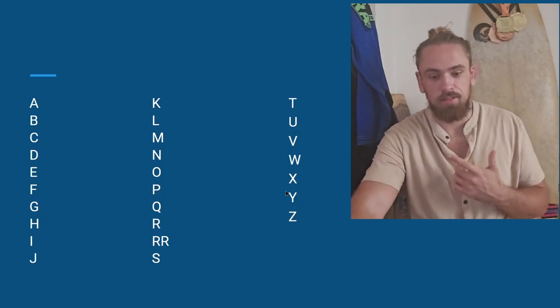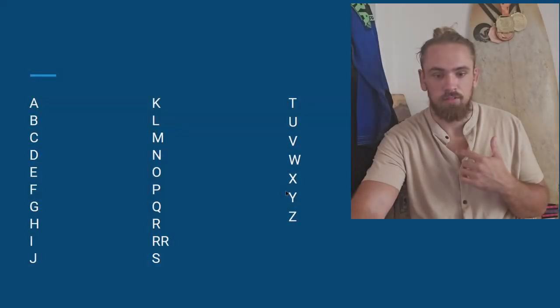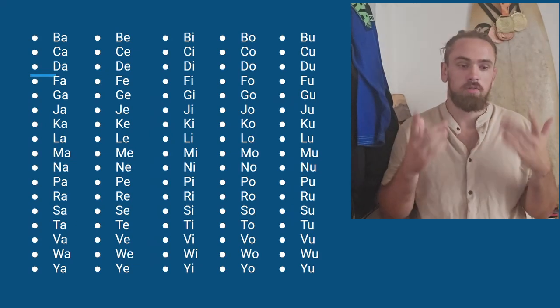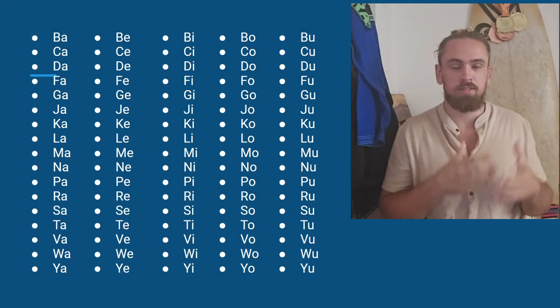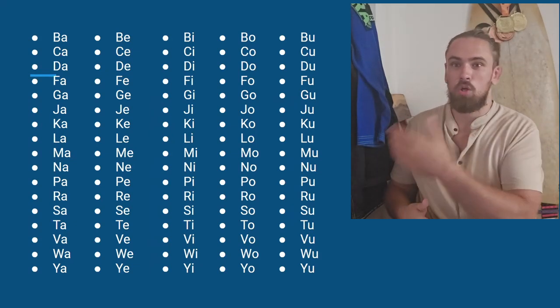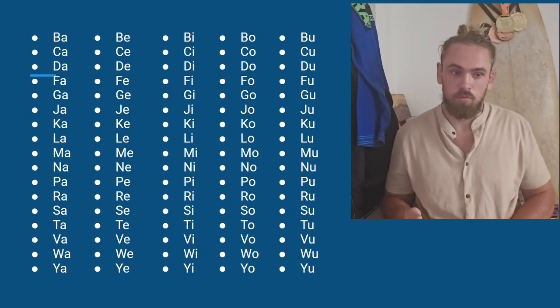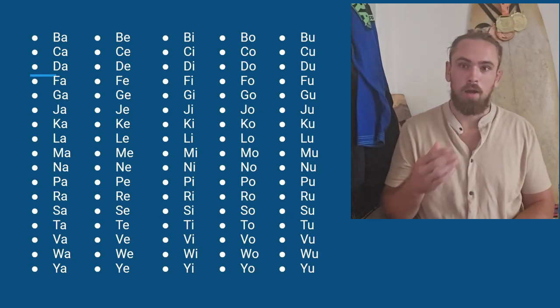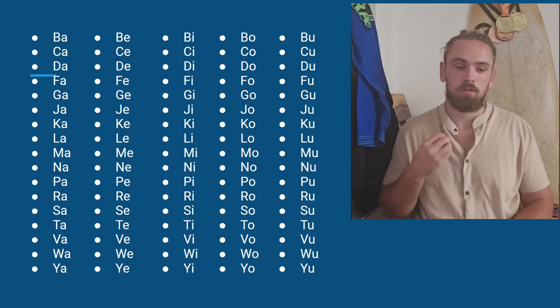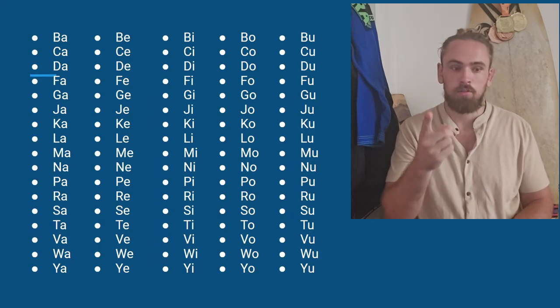So with that said, let's take a little bit of practice, right? And then I'll let you guys head out of here. So I've combined a bunch of consonants with the vowels A, E, I, O, U, right? And we're gonna practice. So I'll say them and then have you say them back. Ba, ka, da, fa,